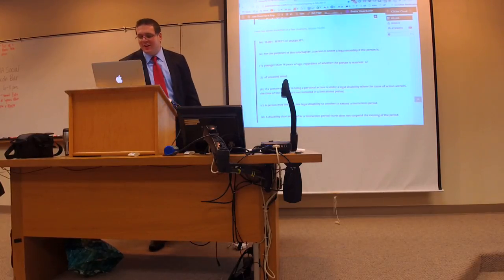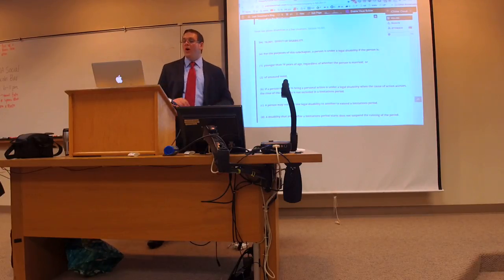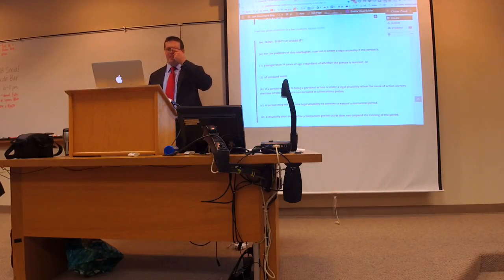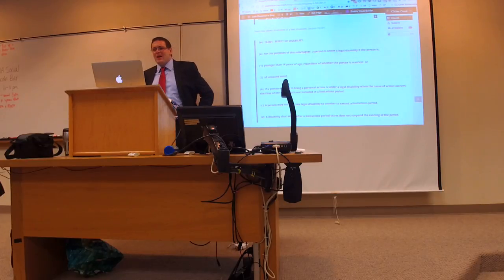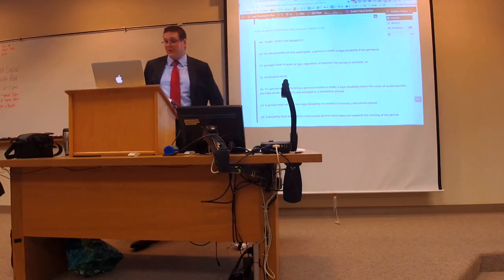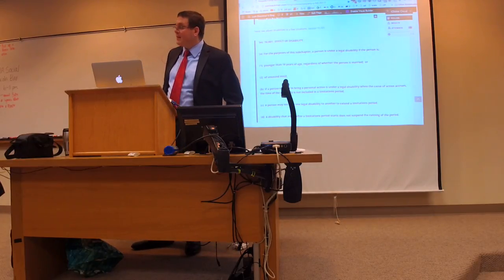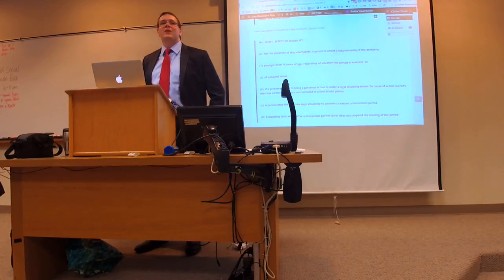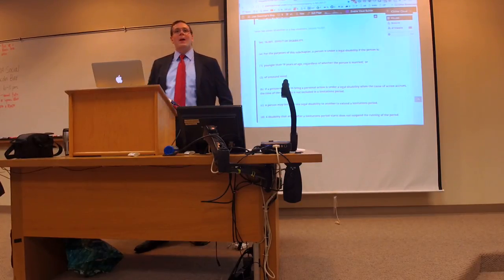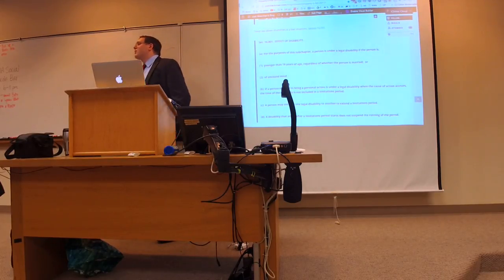So I'll take a look at Texas. This is section 16.001. And it says, for the purposes of this subchapter, a person is under a legal disability if the person is, and it lists a couple different things. Younger than 18, right? So this is the same deal as in contracts. If you own some property and you're under 18 and someone's squatting there, the clock doesn't run,